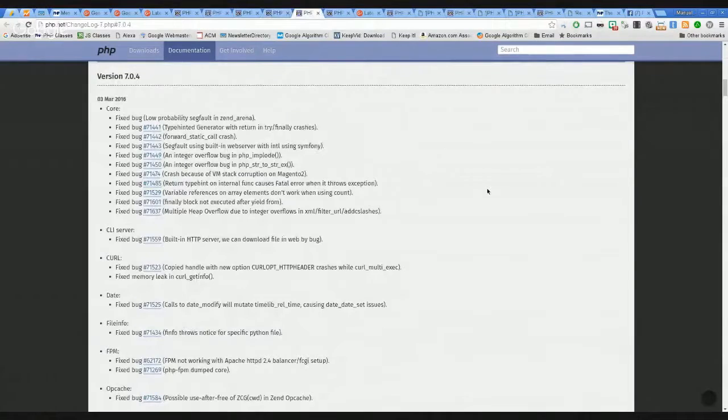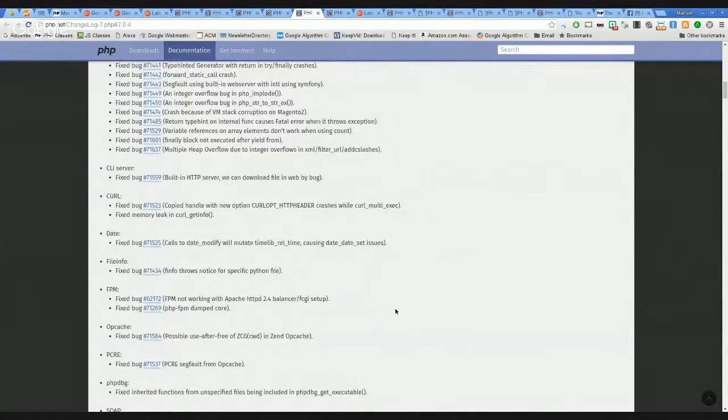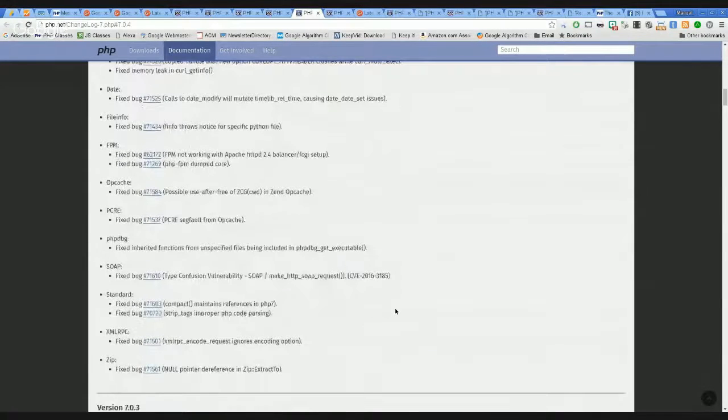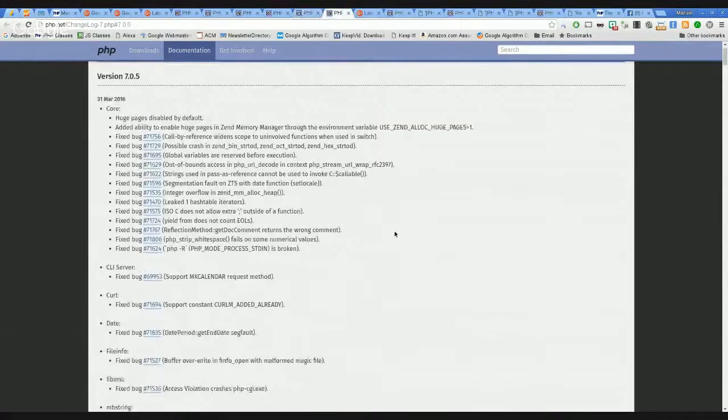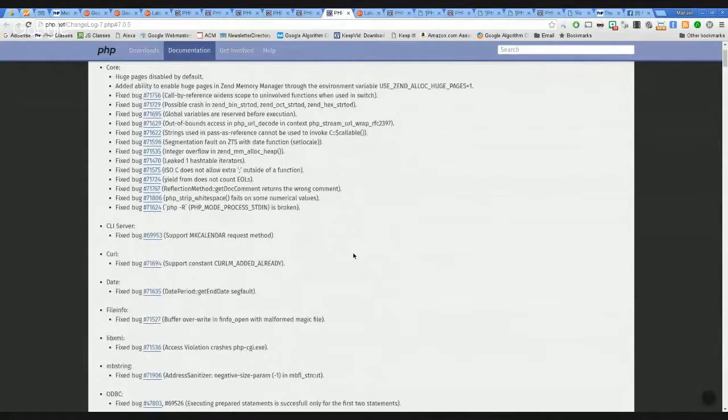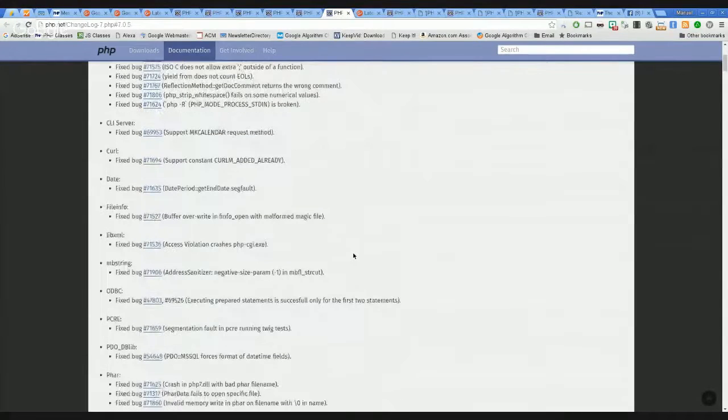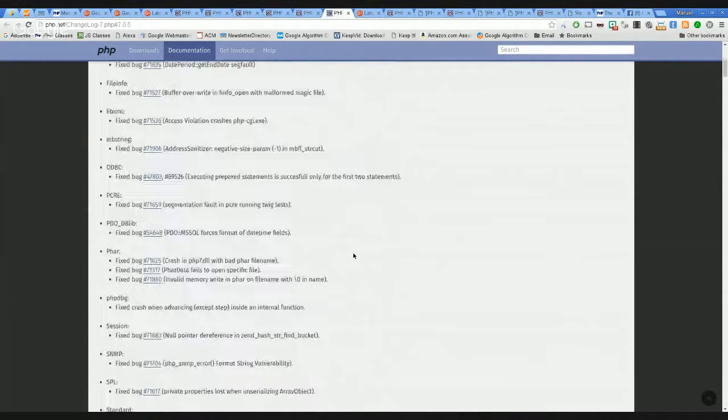And for PHP 7.0, there is 7.0.4 and 7.0.5. There is quite a bunch of bug fixes. I also did not find anything worth calling attention to, but again, it's up to you to look at these problems and see whether they affect your code or not.